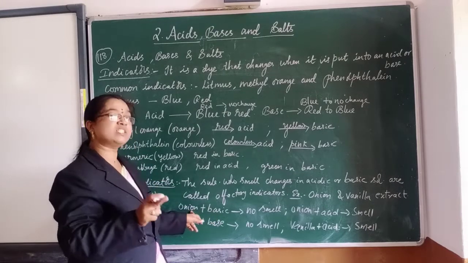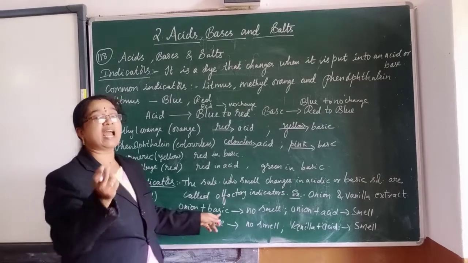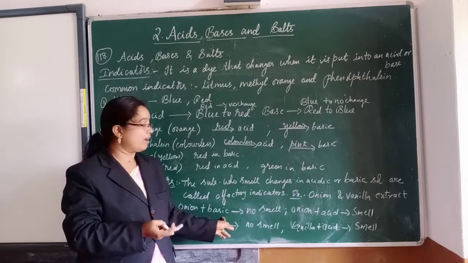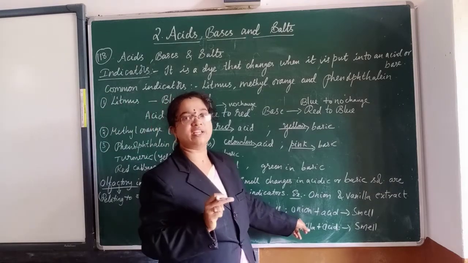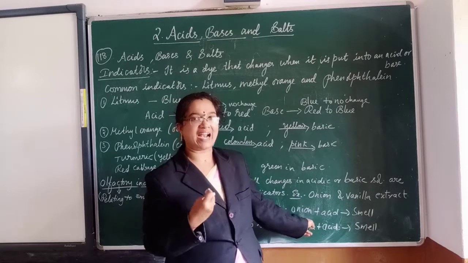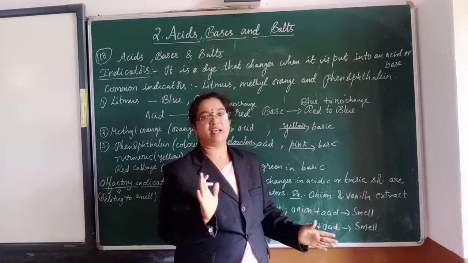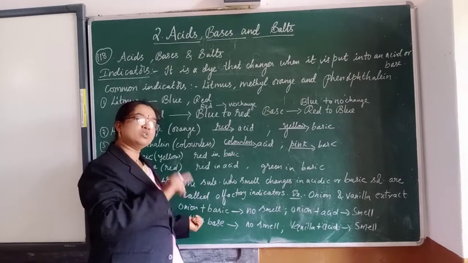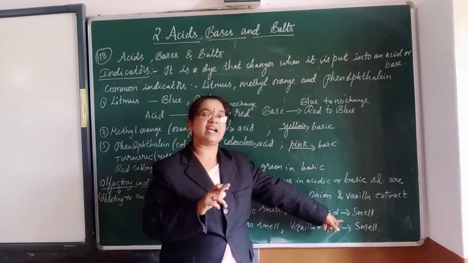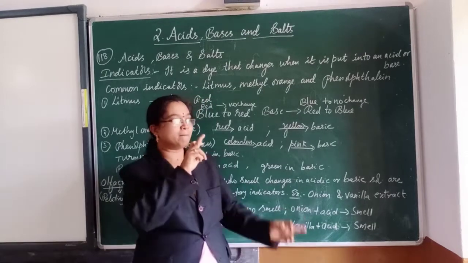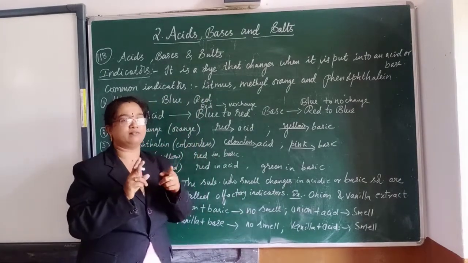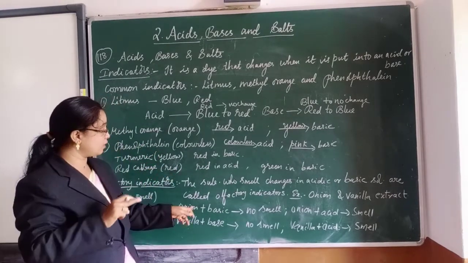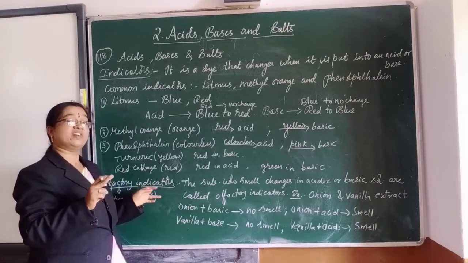When the onion is losing its characteristic smell, the added substance is made up of base. Or if we are adding any acid to that onion, then it will have its own smell. By this we can say, when any base is added, onion will lose its smell. When any acid is added, as it is, the onion smell will be there. By using the smell only we are differentiating whether it is acid or base. That's why we call onion an olfactory indicator.